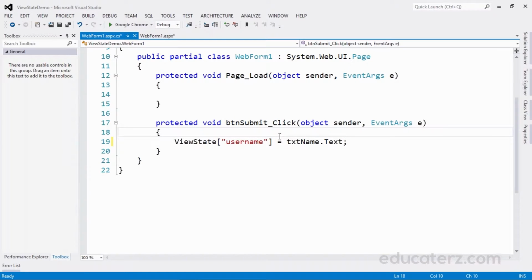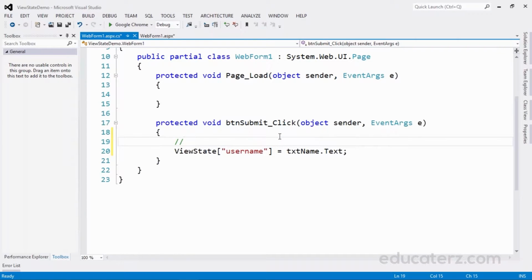Let me type here: storing the username in view state. Whatever the user types in the text box will be stored in username whenever the user clicks on the button.